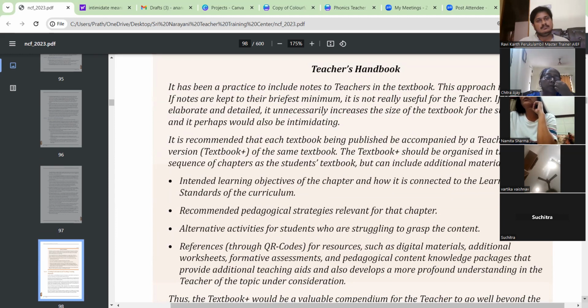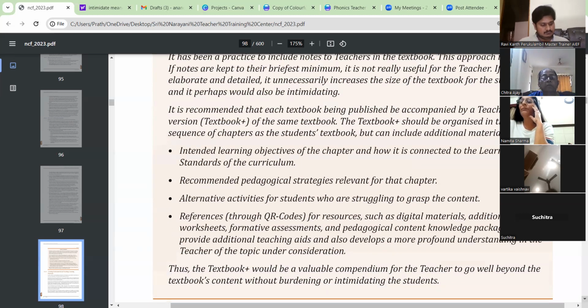It has been a practice to include notes to teachers in the textbook. This approach is limiting. If notes are kept to their briefest minimum, it is not really useful for the teacher. If they are elaborate and detailed, it unnecessarily increases the size of the textbook for the students, and it perhaps would also be intimidating. It is recommended that each textbook being published be accompanied by a teacher's version of the same